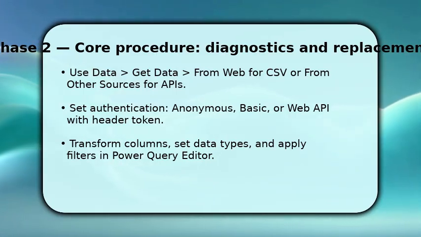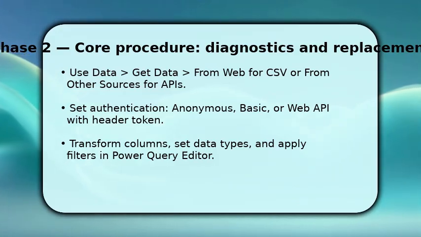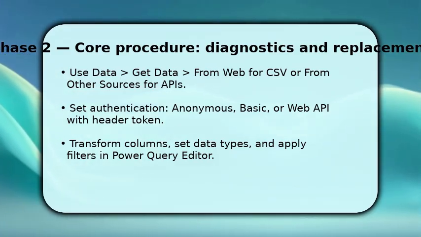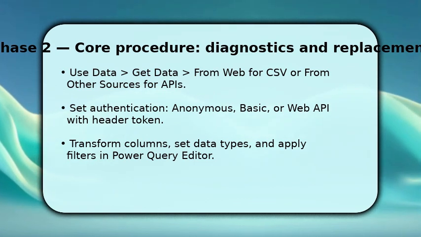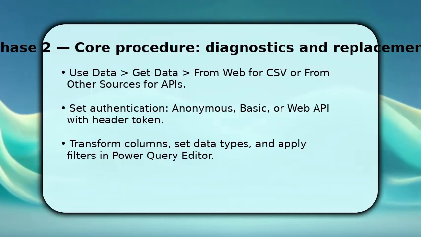Then load the Power Query editor. Here you transform columns, change data types, and filter out noise. Make sure to apply steps in order. Power Query records them. Also set query parameters if the API supports pagination or date ranges, because that controls the